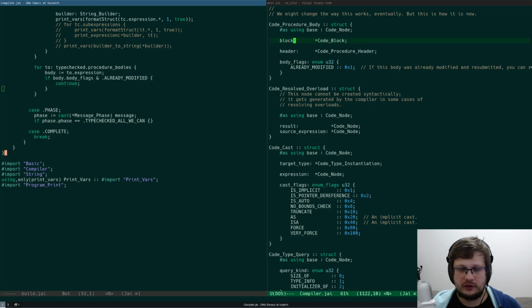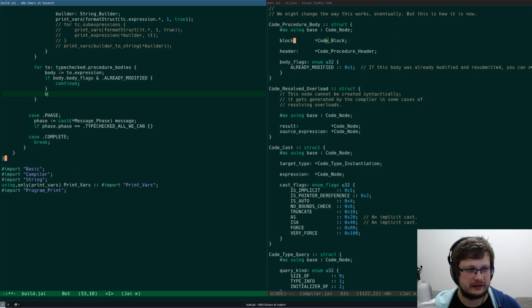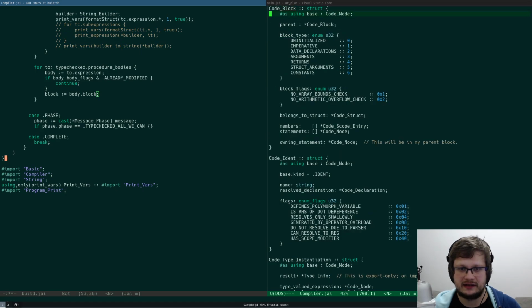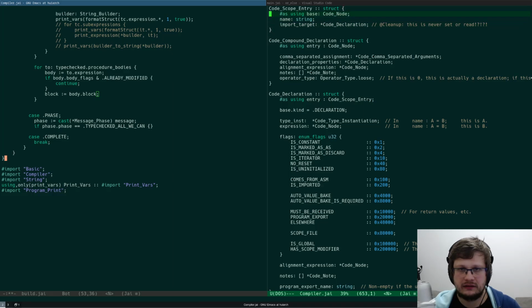Have a code block, and if I recall correctly, the code block has the members and statements. What is the difference between members and statements again? Code nodes, and it has names.